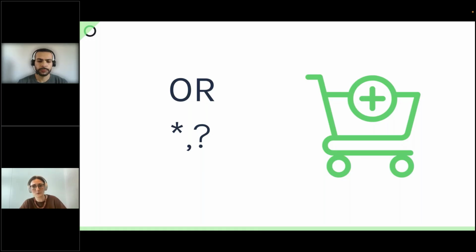So for expanding, we talked about OR. This is the operator that will help you connect all the keywords that you want to monitor, and will bring back any conversations that contain at least one of those keywords. So every time you're using an OR, you are expanding your search. Now we're going to talk today about the wildcard operators that are going to introduce more flexibility in your query. So you're going to collect more results each time you are using them. And also the proximity tilde operator that, again, makes your query more flexible. Whenever you use the tilde, you will get more results.